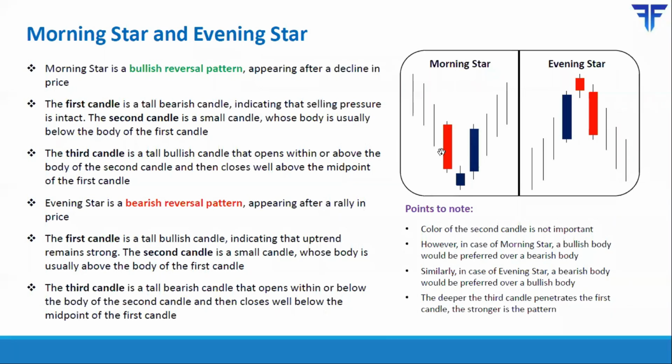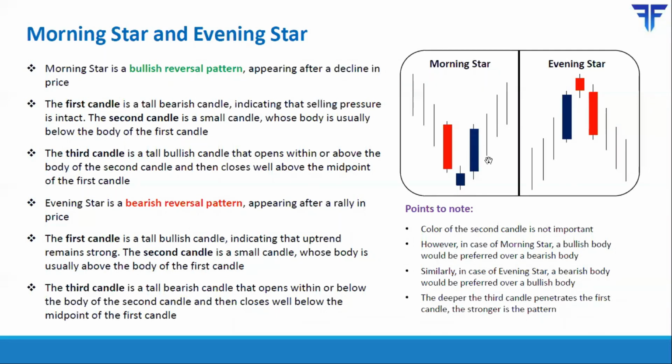So if you compare the first candle and the second candle, you will see that the body of the second candle resembles a star. Preferably, the color of the second candle is green or blue, that is bullish. By the completion of the second candle, what it tells you is that the power of the sellers is possibly weakening because of the structure of the second candle. So the second candle puts you on alert that the downtrend is possibly weakening, but you need to wait for more evidence to see how the price action unfolds.